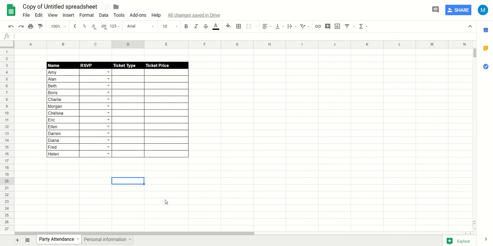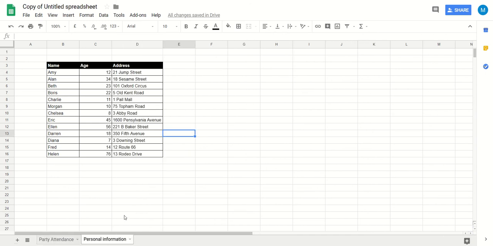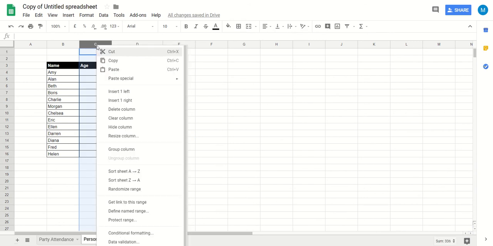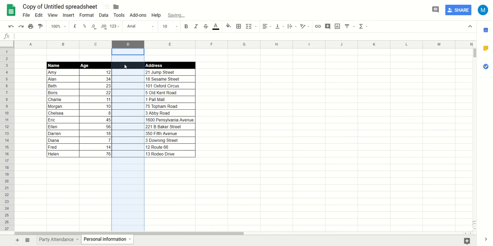Okay. Next thing we're going to do is we're going to think about this column. Now I'm only going to do part of it in this video and I'll do part of it in a subsequent video. But we want to have either an adult ticket or a child ticket displayed there. Okay. And we want the computer to sort of make that decision for us. So we're going to do it using this table. Okay. First thing we're going to want to do is right-click on the C column and insert one column to the right. And we'll call this one